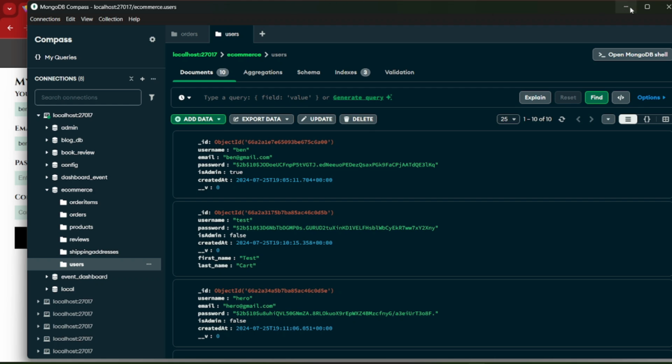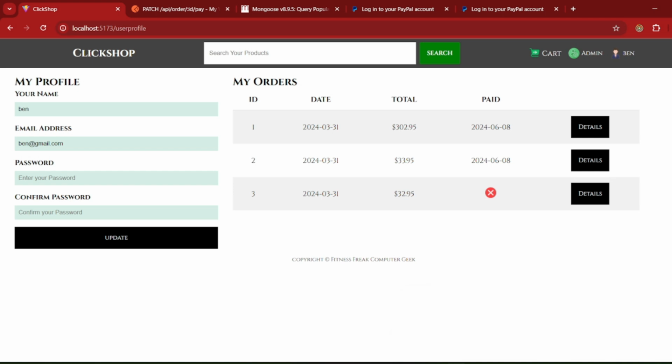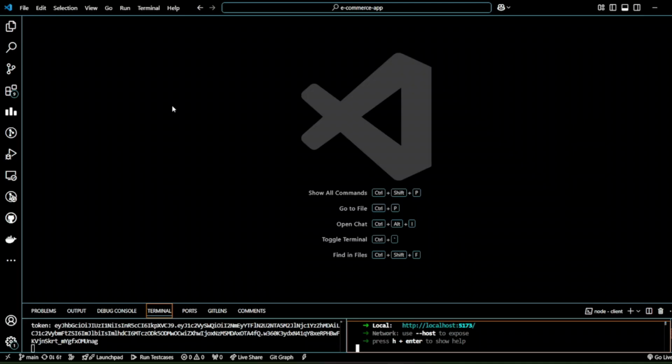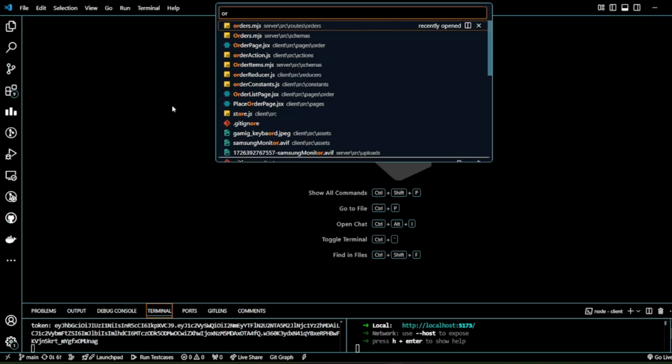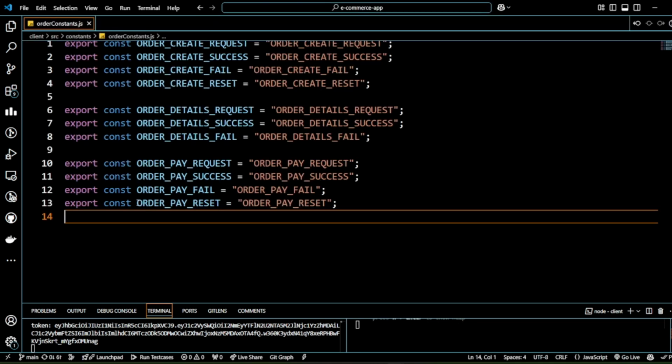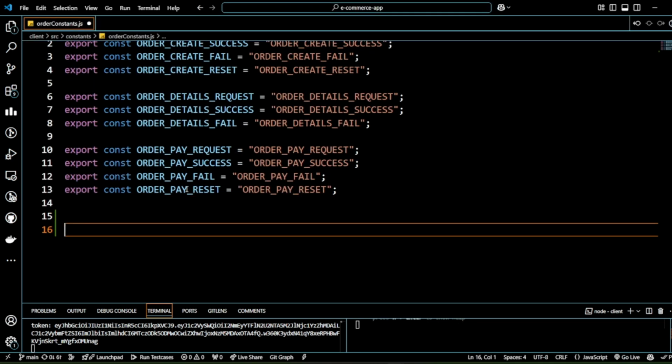It's pretty simple actually. Now you have done so many things. So let's go to our code and see that we cannot take it from the order details because we are clearing the details once we place the order, and it is not a good idea also to fetch the orders that way. So we will have to make an API call. Let's open our constant first, order constant. And let's create some constants. Export